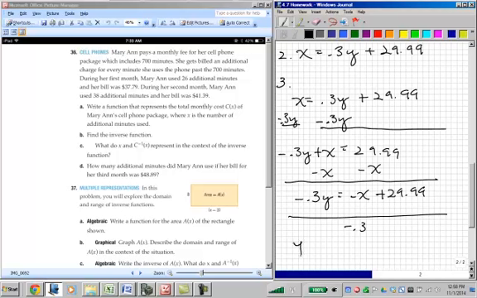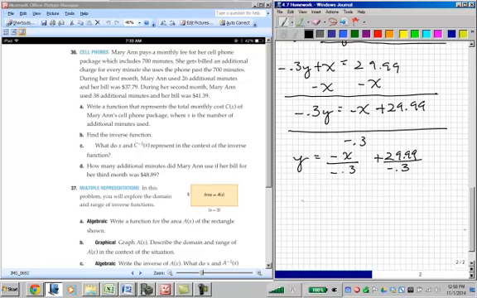So, y equals negative x over negative 0.3 plus 29.99 divided by negative 0.3. Let's see what all this is. So y equals,